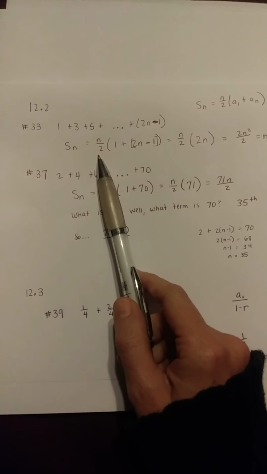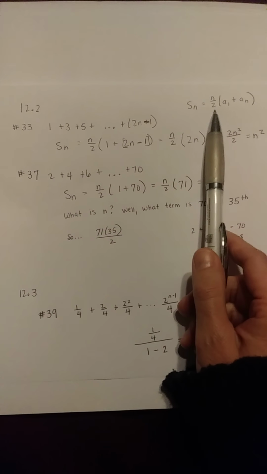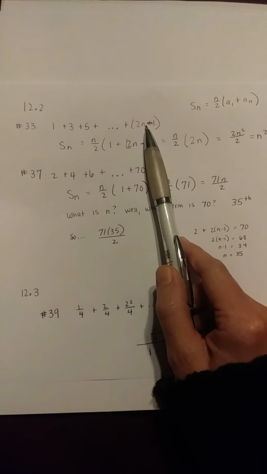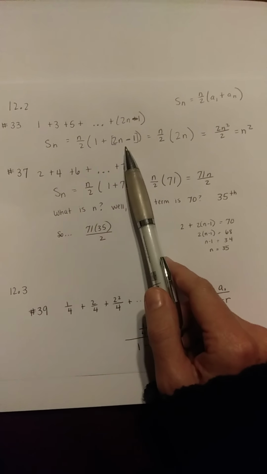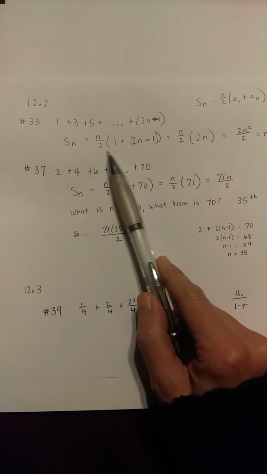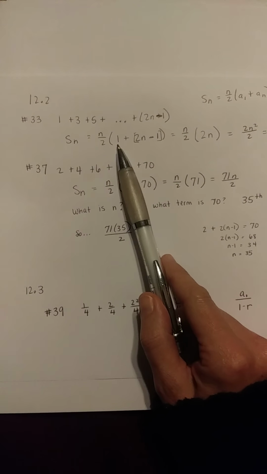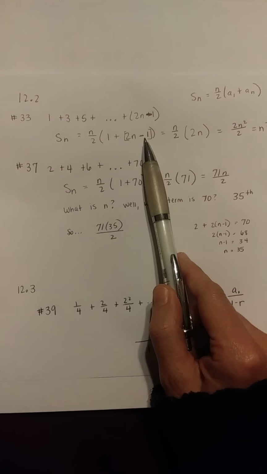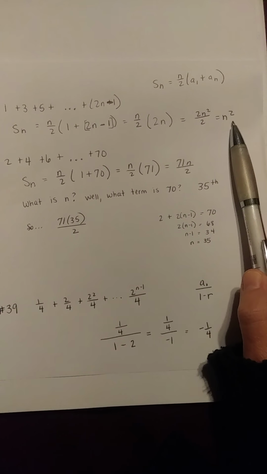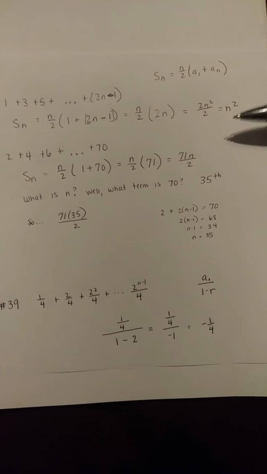We just substituted in. So n over 2, that's from the formula. The first term, that's here. And then the last term, which in this case is a formula, but it really doesn't matter. So we put it in, and then when I simplify all of this bit, I get 1 minus 1, that's none, so it's just the 2n, times this simplifies to n squared, which is what they got in the back